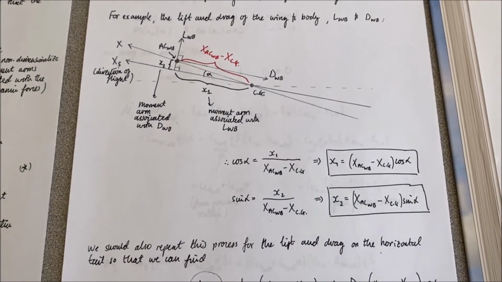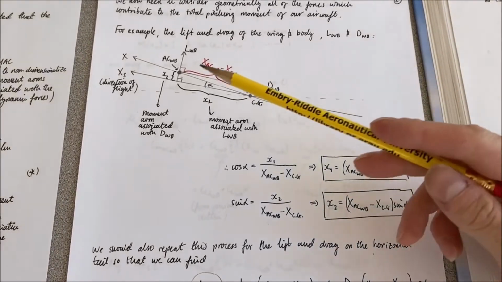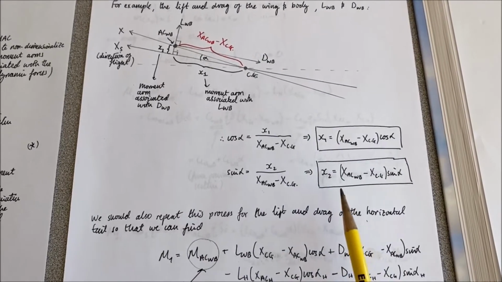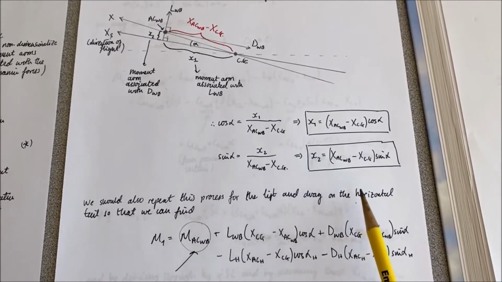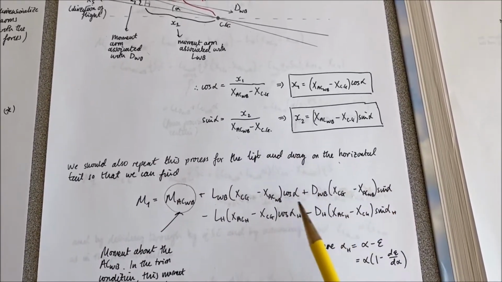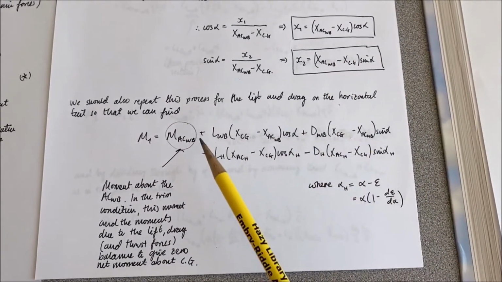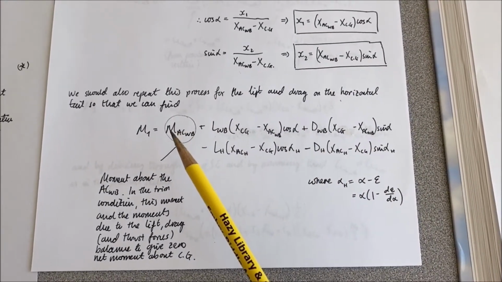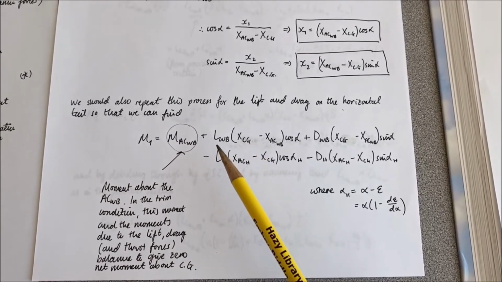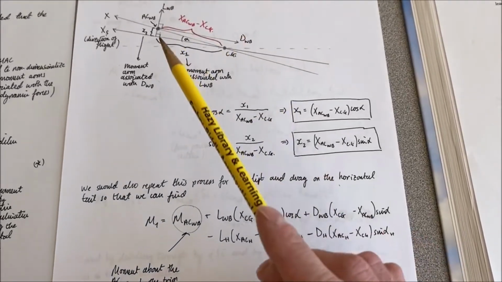So that just shows you how we work out the moment arms associated with the aerodynamic forces of the wing. Obviously, we'd have to repeat that process to find the moment arms associated with the lift and drag forces on the horizontal tail. But essentially, if we did that and repeated it, we would get this expression here. So the overall moment is the moment about the aerodynamic center of the wing and body in the